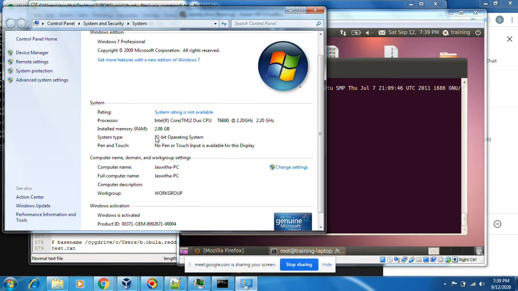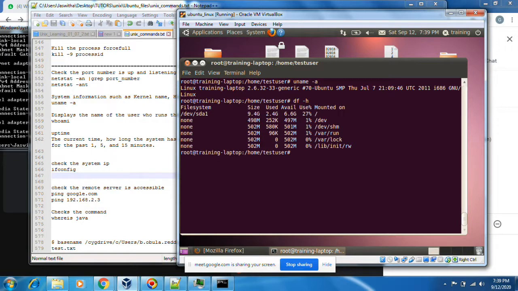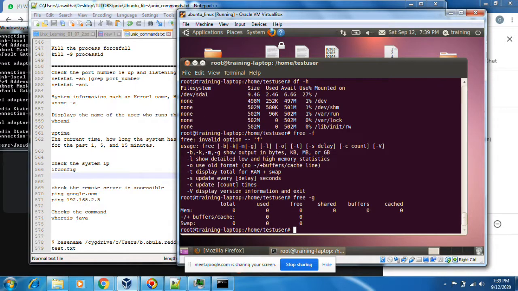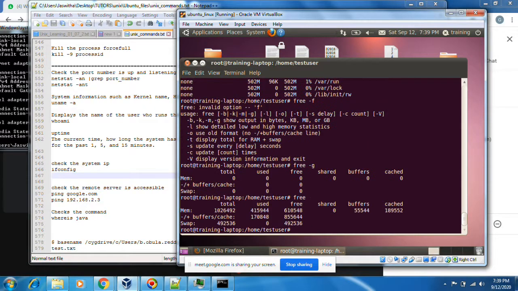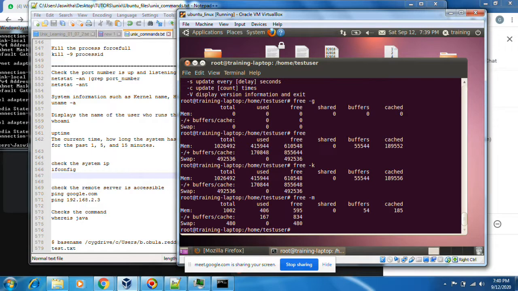Then RAM and hard disk you can check. df -h shows the hard disk space. free -g shows the RAM, how much free space. free -k shows it in KBs. free -m shows it in MBs.